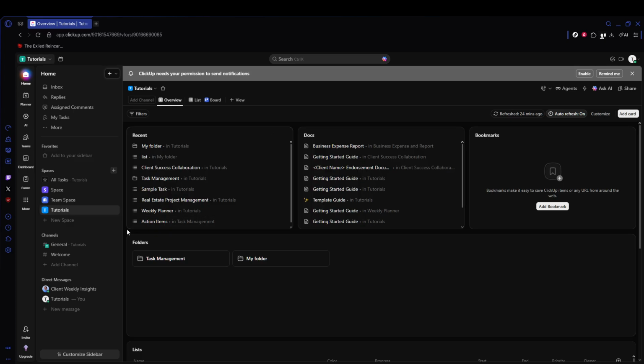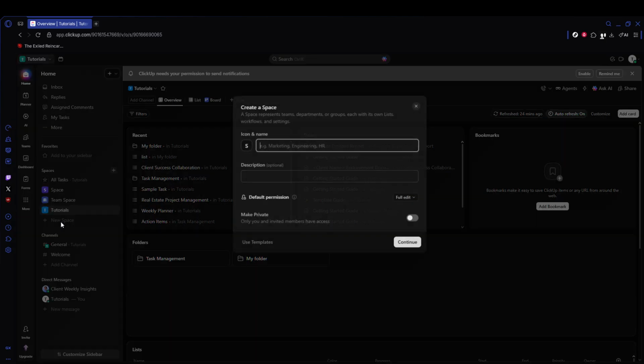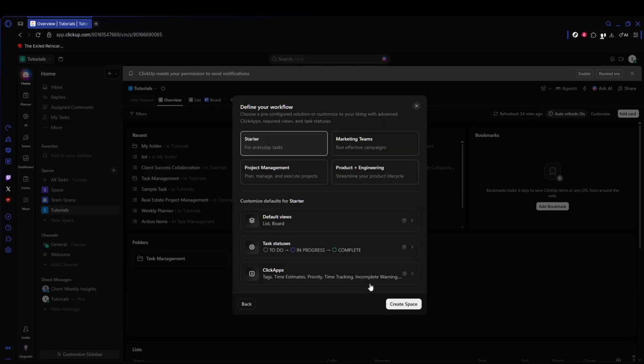Now, let's set up the structure that will hold everything. In your ClickUp workspace, click the plus space button to create a new space. Name this space to match your epic so it's easy to recognize at a glance, then click Continue. Choose a workflow template that fits the kind of work you'll be doing, such as project management, and click Create Space to finish. This space now acts like a dedicated home for your epic, keeping all related work in one